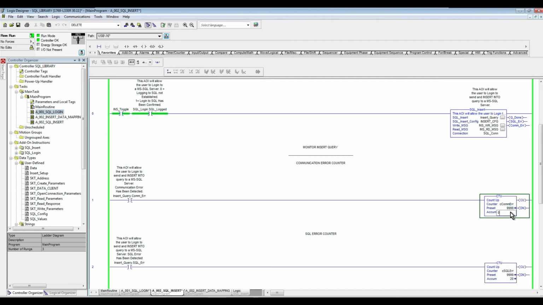So I'm just gonna zero both of them for now. If I, for instance, unplug the cable to the SQL server, the communication cable, we're gonna see that this counter here is gonna register a communication error,